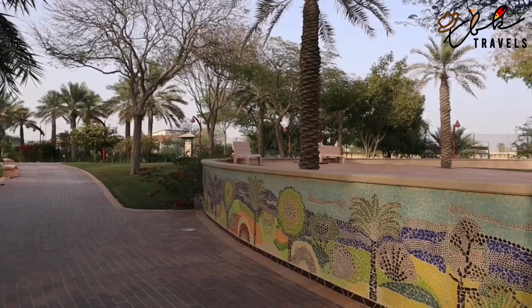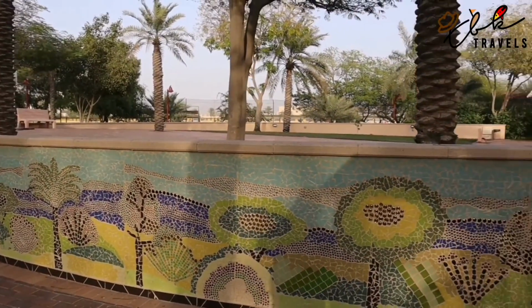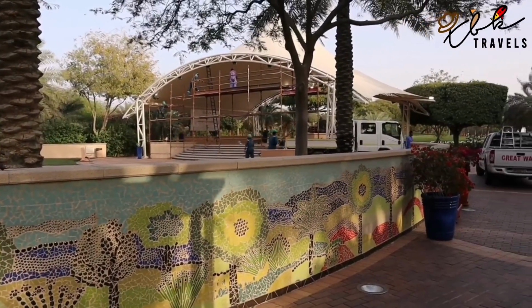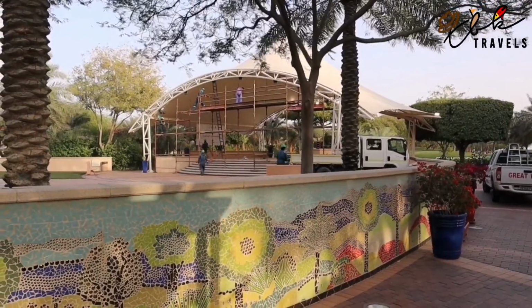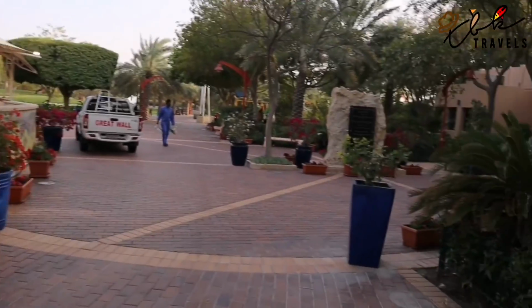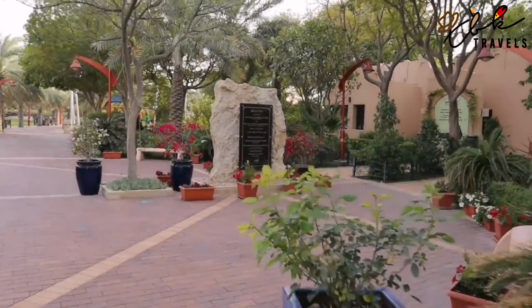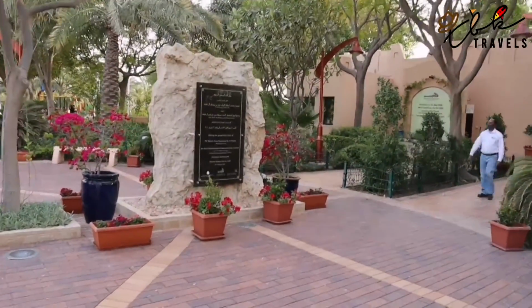Well, that's it. Our visit to Princess Sabeeka Park in Awali is nearly over. The Bahrain flag is flying, fluttering, I should say, proudly. The guys have finished their work fixing the lights and are dismantling the scaffolding. And we're just going to show you the couple of signs that tell you all about the opening of the park back in 2010